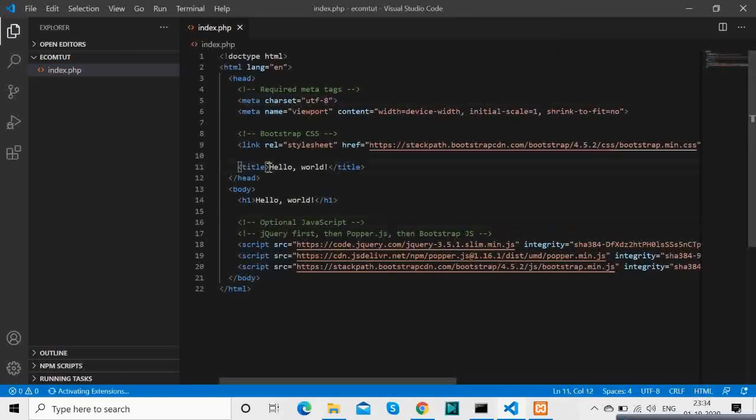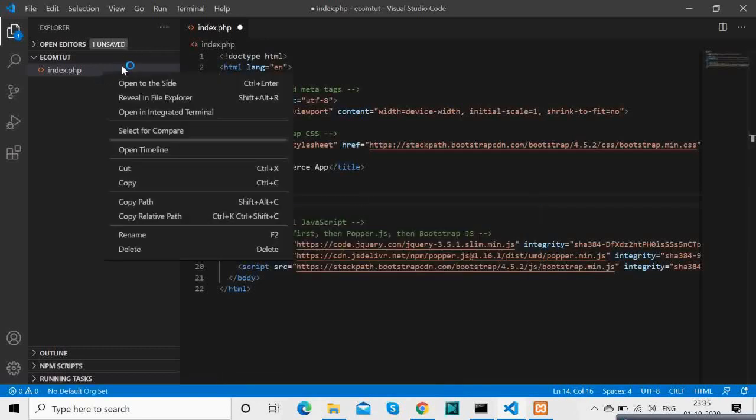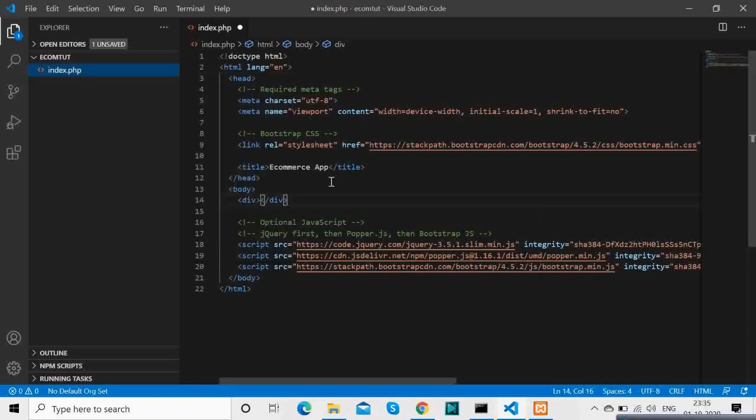So now I am changing the title to e-commerce application, and I will get the basic UI running. Okay, so that you get an idea. So basically right now we will be having the UI running with some products, a navigation bar. So basically that's the first step we will do.